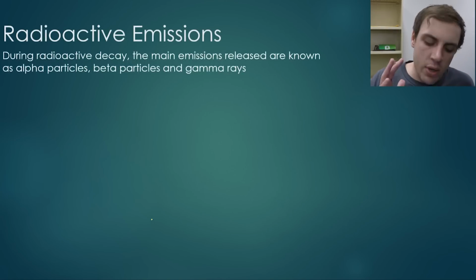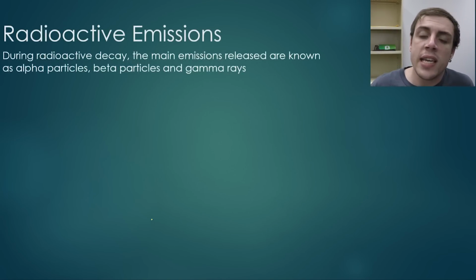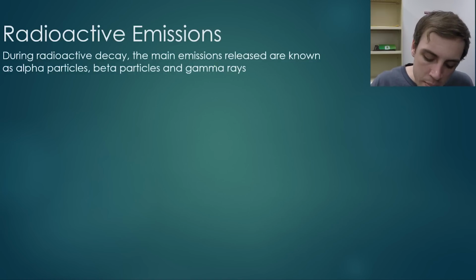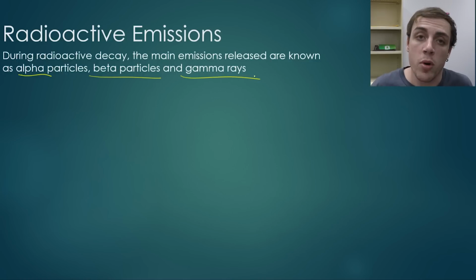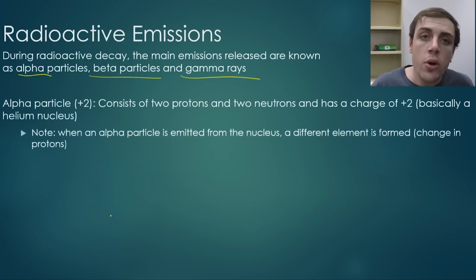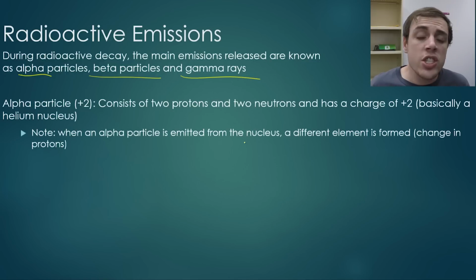So let's have a look now at radioactive emissions. During radioactive decay, when we're breaking down a radioactive element, the main emissions released are called alpha particles, beta particles, gamma rays. You must know these 3 radioactive emissions. They must be memorized. So we'll go through the first one, which is an alpha particle. An alpha particle will have a charge of +2, and it simply consists of 2 protons and 2